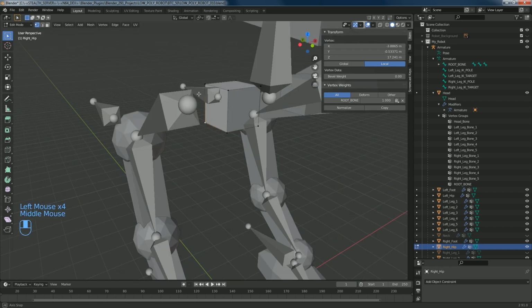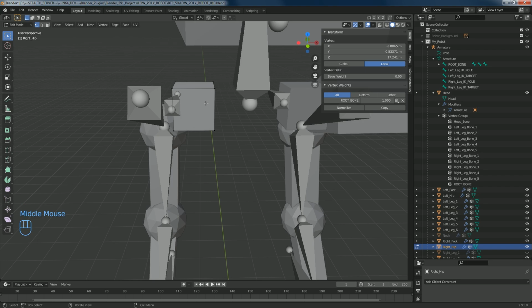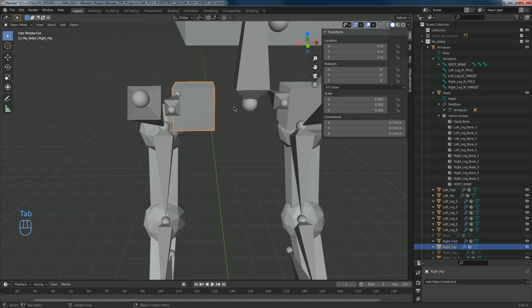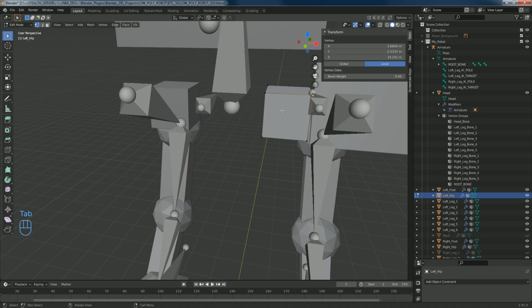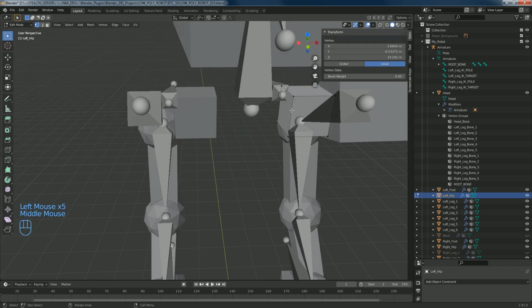And as you can see, it is correct, and that's why we're able to control that object. Now if we go out of edit mode and we select this object here, this cube here, which is the left hip, and then we hit tab to go into edit mode, and now we select all the vertices, you can see that there is no weights value applied. So that's why it just was not assigned correctly. So we'll go back into object mode,